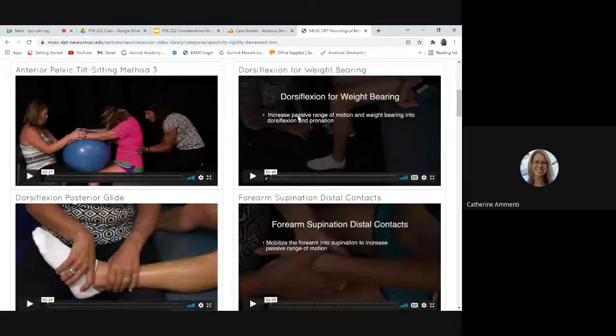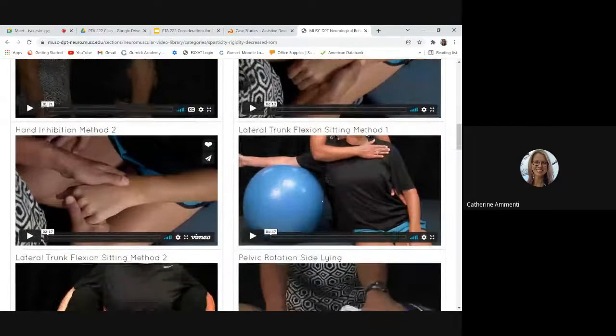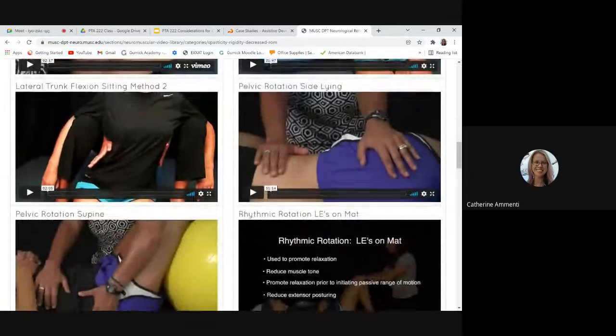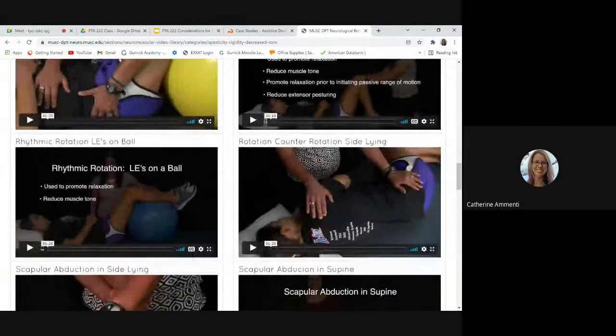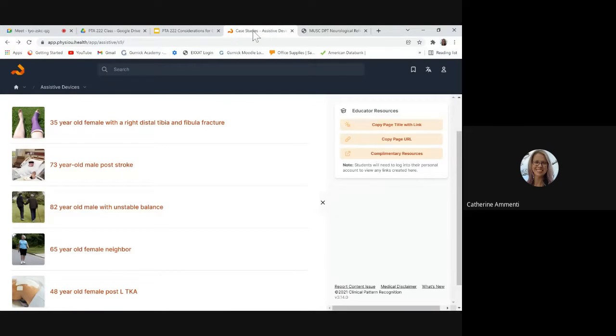Dorsiflexion for weight bearing, increasing passive range of motion and weight bearing into dorsiflexion and pronation. I think these are all good to look at. Again, I'm not expecting you to magically understand neuro rehab based on these videos, but being aware of what kind of therapies are involved. And then under assistive devices, so if you go to the physiotherapy homepage and go